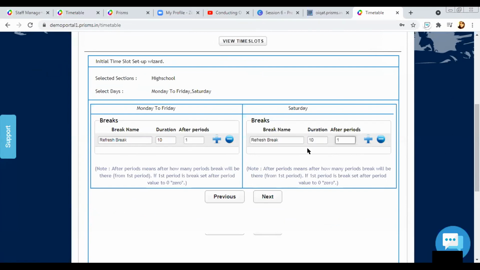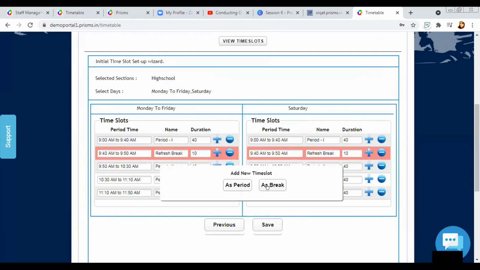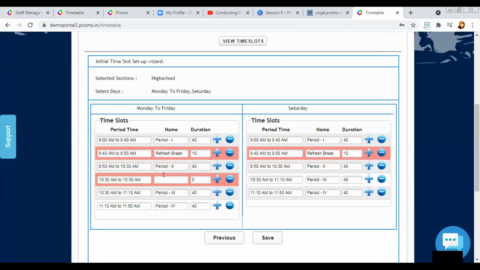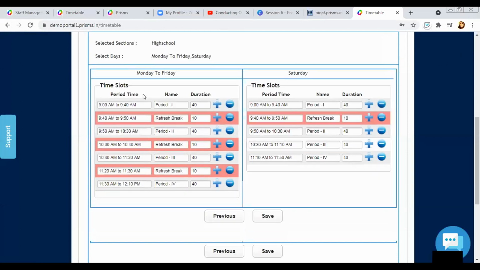And you can also have multiple different breaks, or once you have your time slots, you can add breaks over here also. So after each lecture, I recommend to give a break. So you can click on the plus icon and you can select which time slot you want to add, and automatically the time will be calculated by the system, and you can decide for how much duration it is. So in that way, I would recommend that you should have at least a 5 to 10-minute break between each session, so that the child can refresh and log in again.